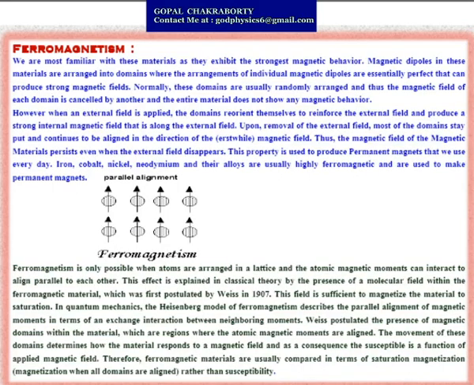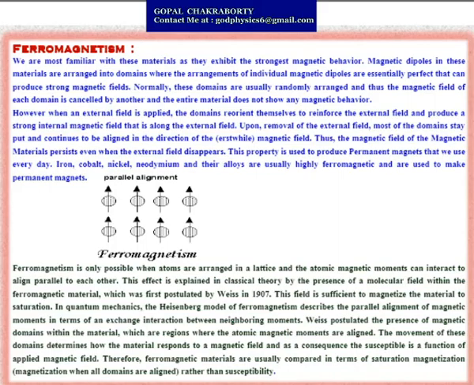Next one, ferromagnetism. We are most familiar with these materials as they exhibit the strongest magnetic behavior. Magnetic dipoles in these materials are arranged into domains, where the arrangements of individual magnetic dipoles are essentially perfect, and that can produce a strong magnetic field. However,